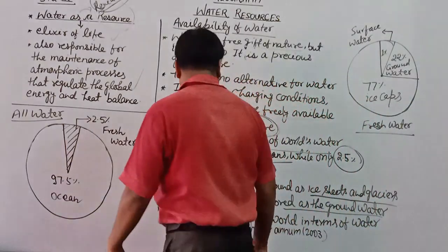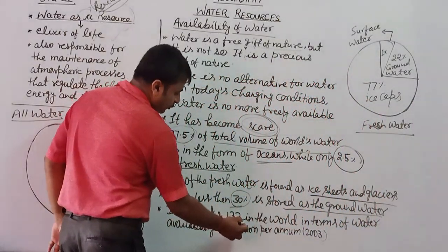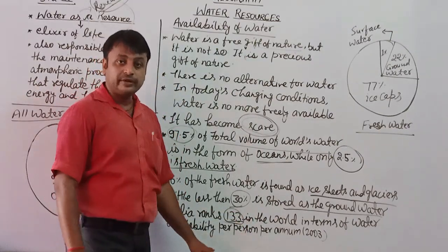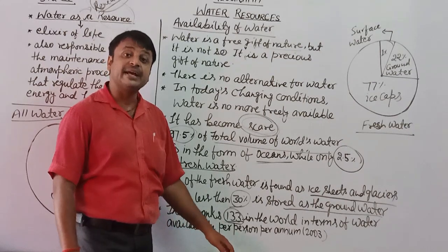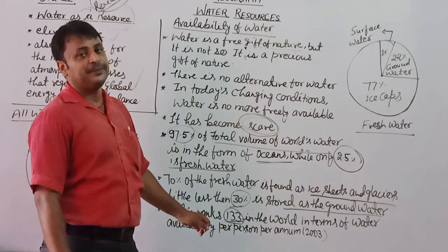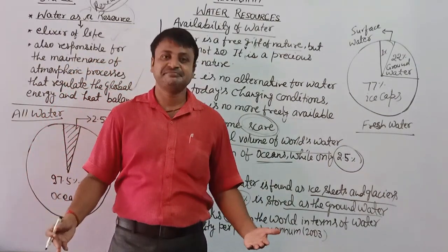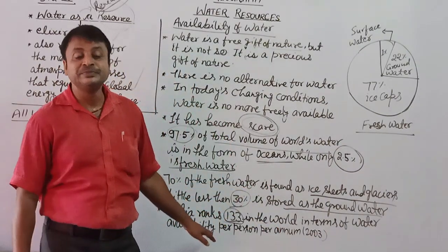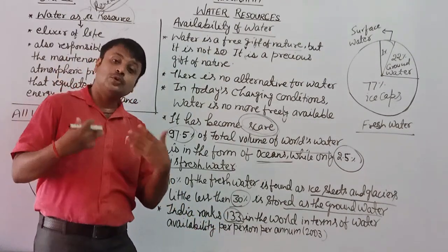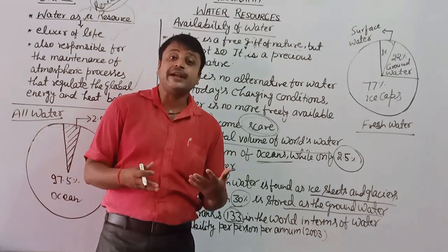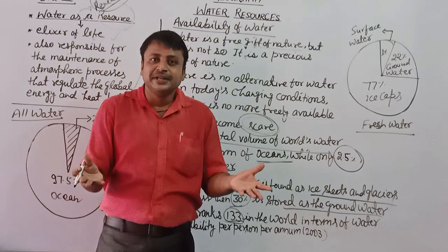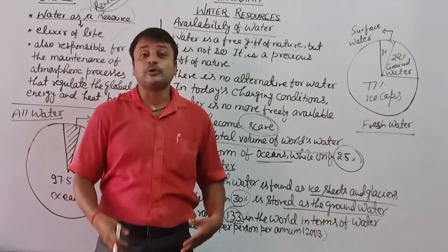देखिए, अब इंडिया की कंडीशंस, अवेलेबिलिटी ऑफ वाटर में इंडिया रैंक्स 133 in terms of water availability per person per annum। दुनिया में हम 133वां स्थान रखते हैं। हम कहते हैं इंडिया इज अ लैंड ऑफ रिवर्स, फिर भी ये कहानी है। तो कई बार तो ये लगता है कि इंडिया इज अ लैंड ऑफ कंट्राडिक्शंस। सब कुछ उपलब्ध है, हम यूज नहीं करते, उसके बाद रोना पड़ता है।